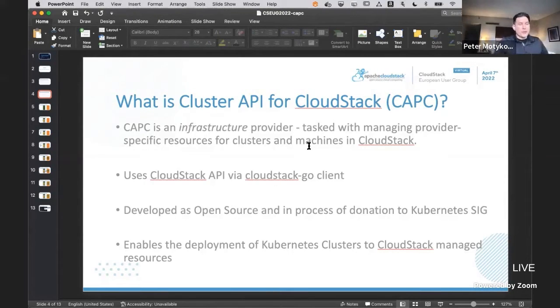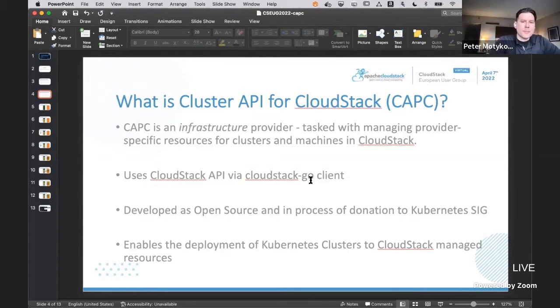The way this is implemented is using the CloudStack Go client, so that the provider, when deployed, is able to take action against a CloudStack instance to deploy virtual machines as necessary, networks, and all of the respective resources necessary to realize that cluster. So it's taking advantage of that